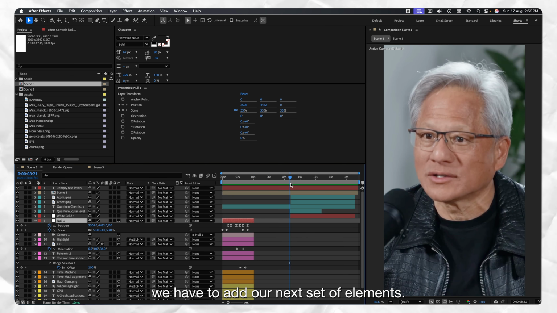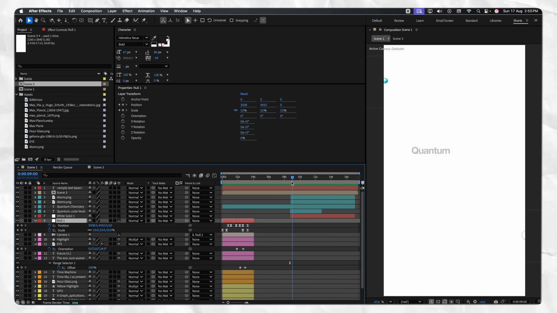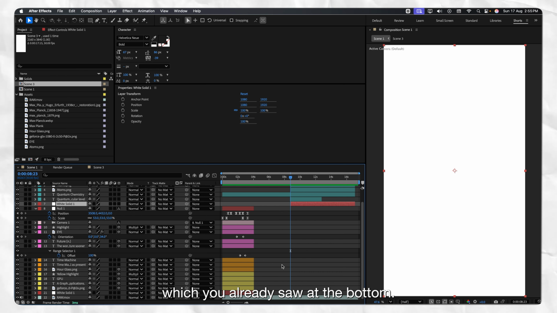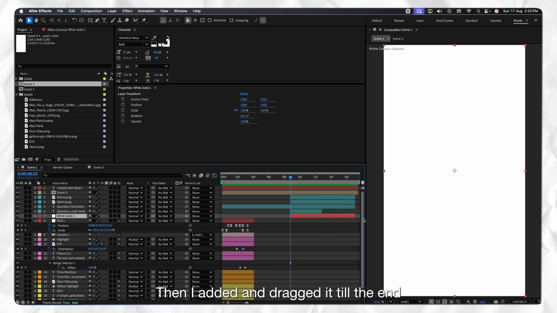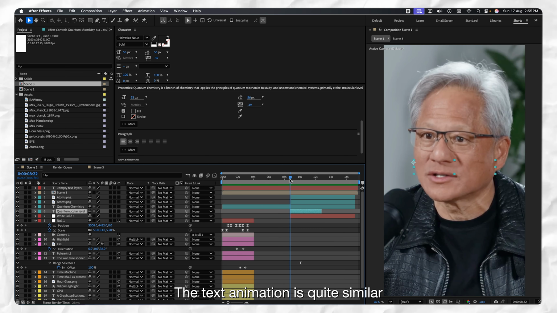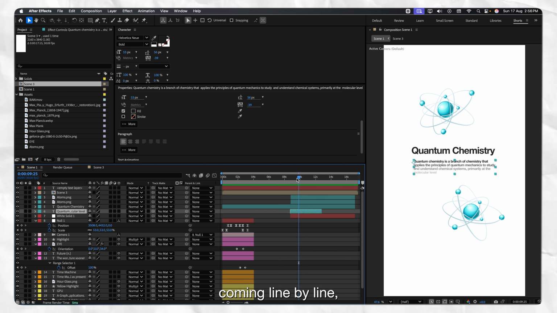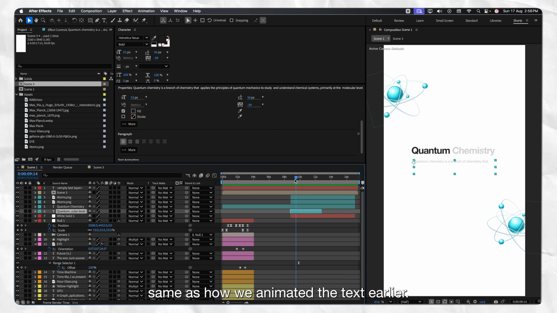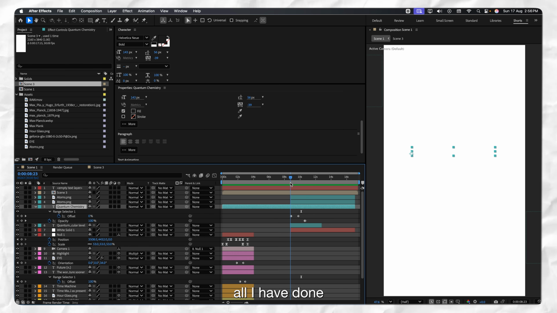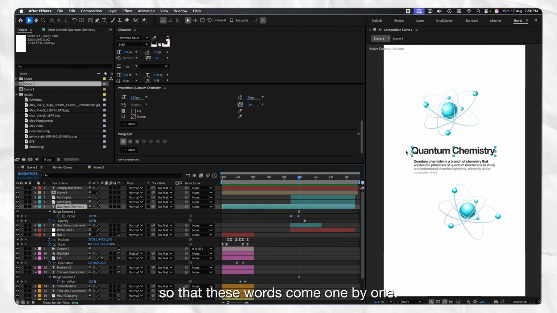Again, from this point, we have to add our next set of elements. Firstly, I added this white solid layer, which you already saw at the bottom. Just added it and dragged it till the end so that we have a background. On top of it, I have added the text. The text animation is quite similar, coming line by line, same as how we had animated the text earlier. Again, this is the same. All I have done is simply added the offset in opacity so that these words come